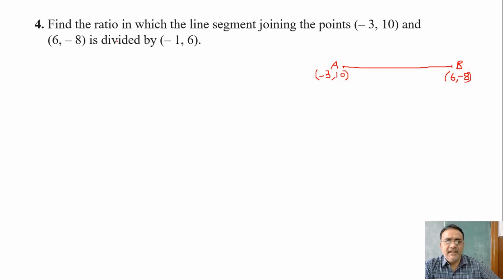Right, and is divided by minus 1, 6. तो यहाँ पे P ले रहा हूँ मैं. I'm going to take P, and the coordinates of P is given minus 1, 6. Right. So the concept is that whatever the value is known to us for P coordinates, that value we have to take. So both the values is known to us. minus 1 भी दिया हुआ है और 6 भी दिया हुआ है, but negative को नहीं लेना है.